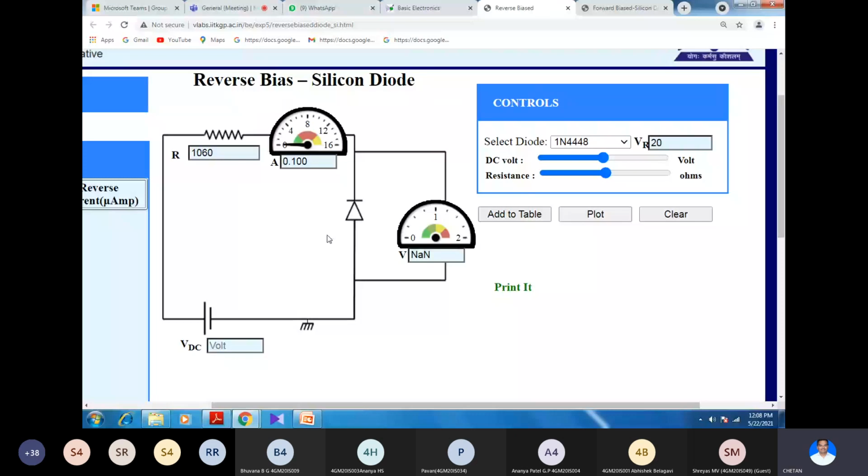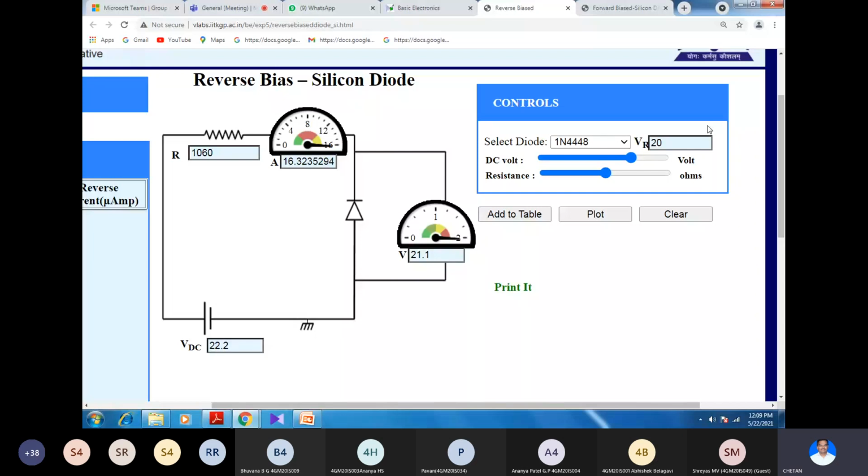So you can see the voltage applied is 9, but current is very small. Now the applied voltage is 13, current is still same. Now it is 19, still there is small current. Now when the voltage goes beyond this 20, you can see 22, there is sudden increase in current. So this is IN 4448. This is also a silicon diode, which is having the reverse breakdown voltage 20. So when the reverse voltage is beyond the reverse breakdown, then a large amount of current will flow through this.